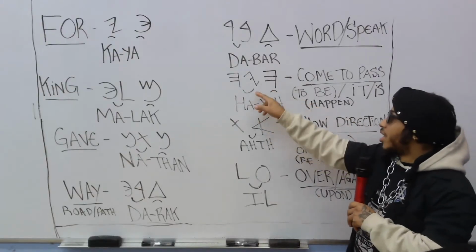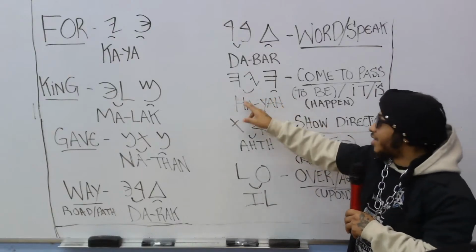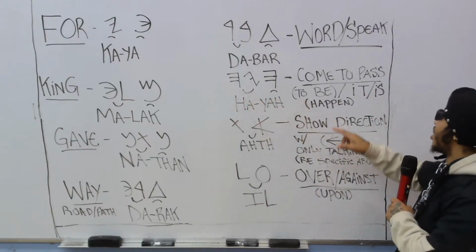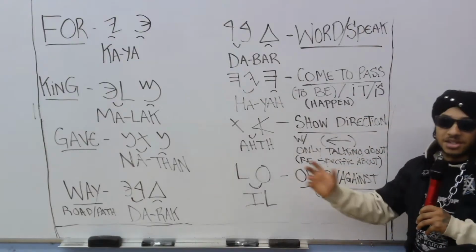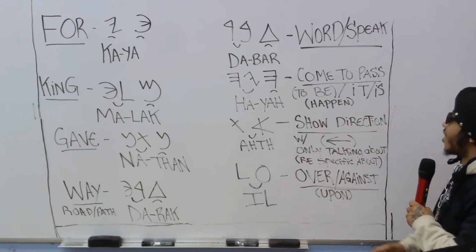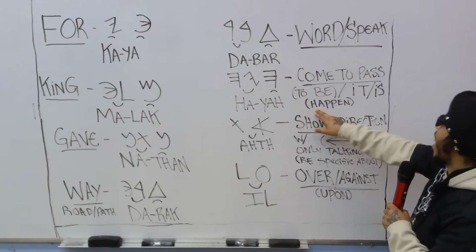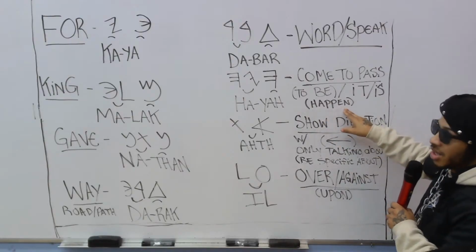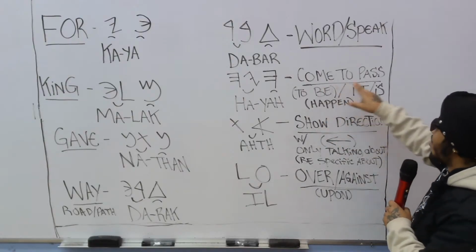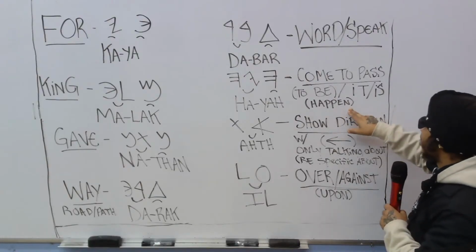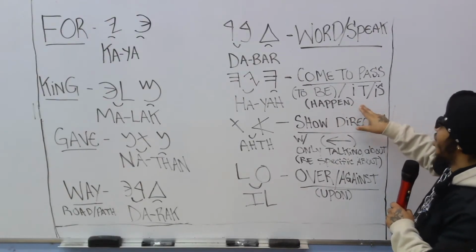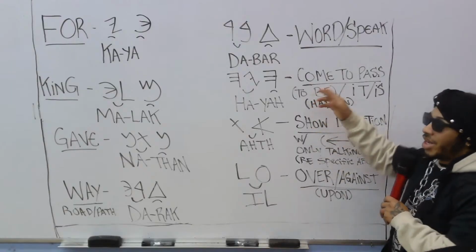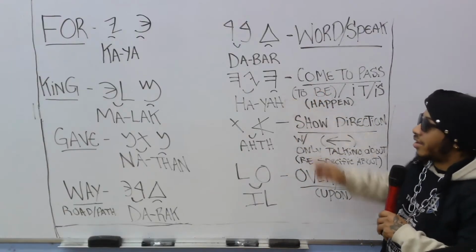So hawa is the masculine. Haya is the feminine verb to be. It's also used as it or is. It's just showing existence. That's all it is. This word is also used as happen. It's just the verb to be. This shall come to pass. This shall happen. This is. It is. Or it. Or just to be. That's the word haya.